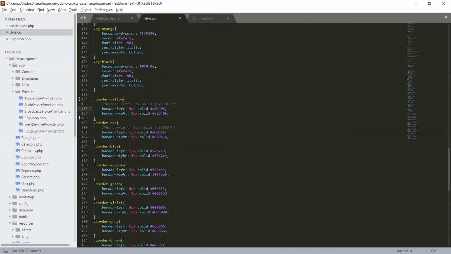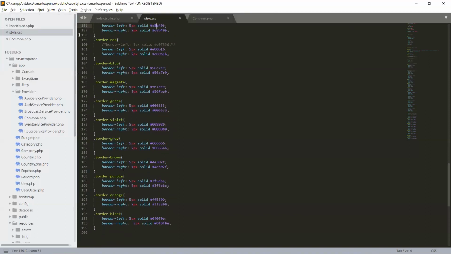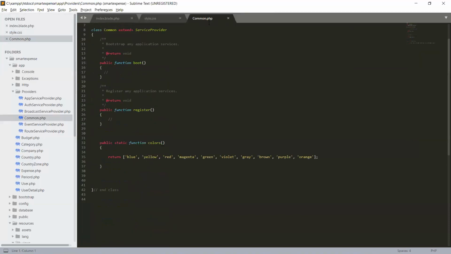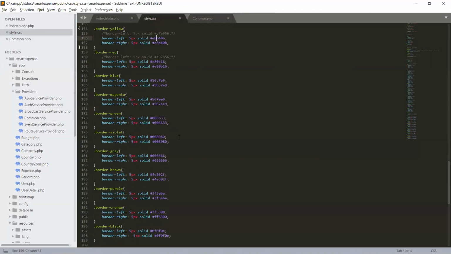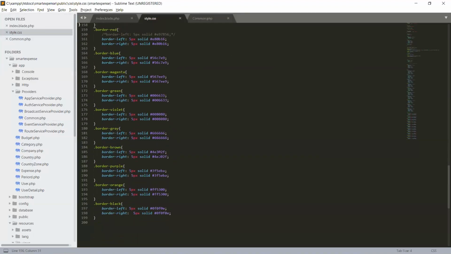Border red will be that color, and it will be border left and border right, 5 pixel and solid. The same goes for all the colors that we have in our common array that we are returning in our public static function colors. So this is the simple CSS for it.